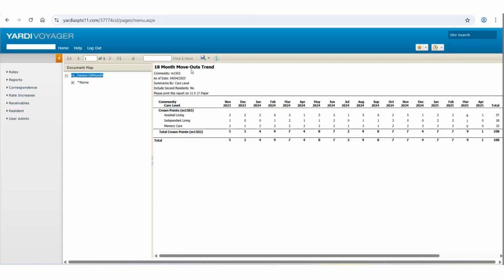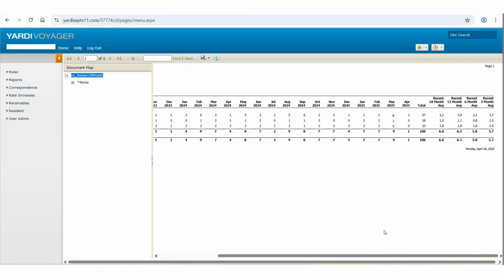And you can see here now for our move outs that it breaks it down by care level, and then it gives you the total. So it goes 18 months back from the date you put in. But when you scroll over to the right, what is nice about this is it gives you the 18-month average move outs, the 12-month average, 6 and 3-month average. So you can see if your community is pretty flat, or if you're trending in the right direction,